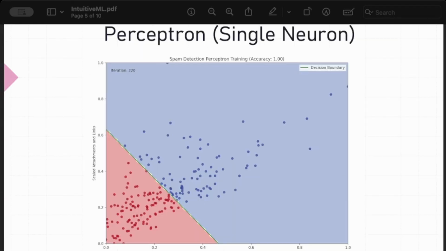This here is a graphical representation, and the perceptron, a single neuron, can only get a perfect solution, if you will, if the data is linearly separable, which in this case it happens to be. There are a bunch of data points there which are really close to each other, but we are able to draw a straight line. Now it's going to find a dividing line if there exists one. That doesn't mean that it's perfect. That just means that for the training data we have, it is able to categorize them as either spam or legitimate.